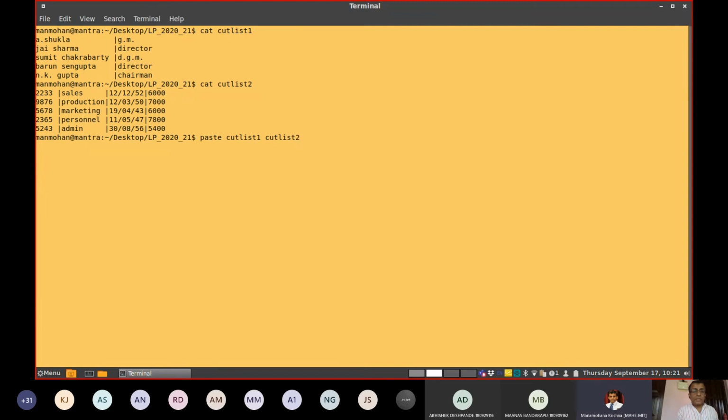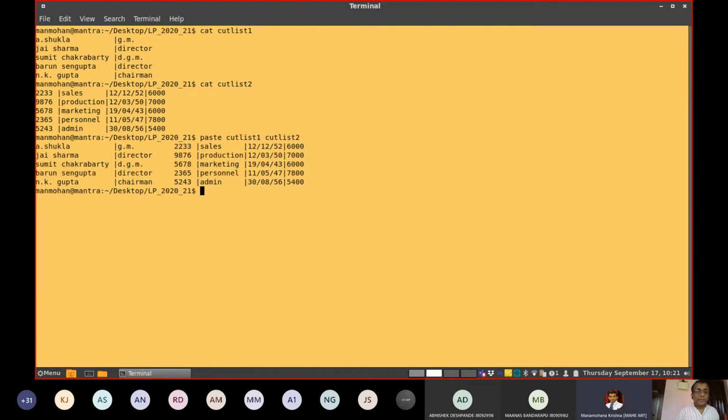Now notice how it is pasted. It is not appending to the existing file. Now try to look into the output, the way in which it is pasted. Don't assume that at the end of cut list 1, cut list 2 is displayed. Instead, it is pasted in this particular fashion.